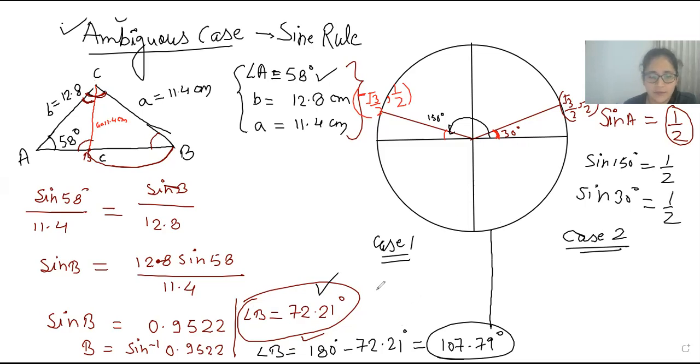So case 1 is when angle B is equal to 72.21. If angle B is 72.21, you can draw the triangle. Draw the triangle here. You can draw it properly with measurements also. I am drawing here roughly. First triangle is this, where angle B, in the first case, is equal to